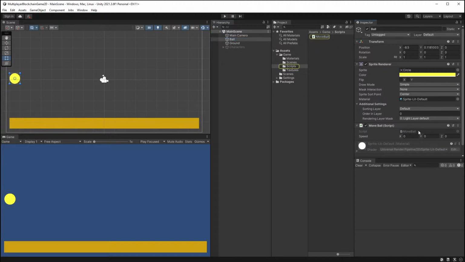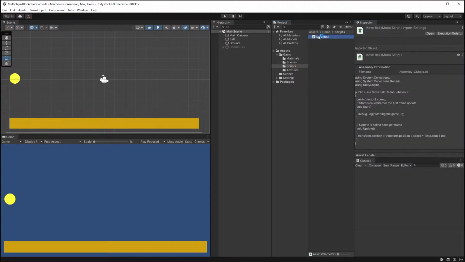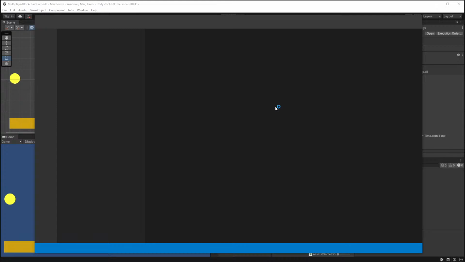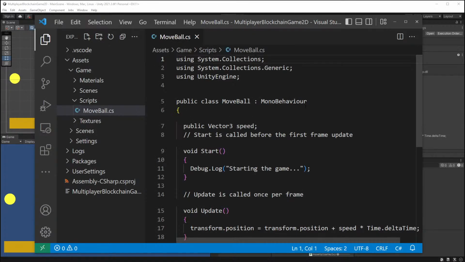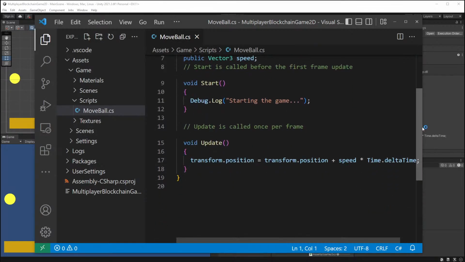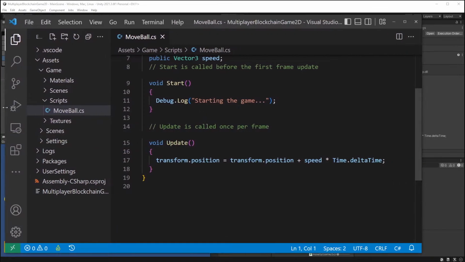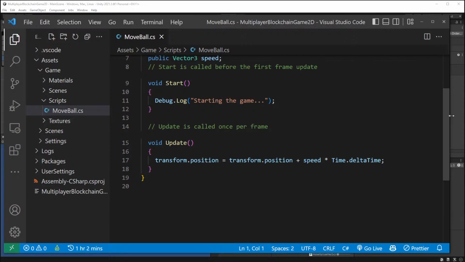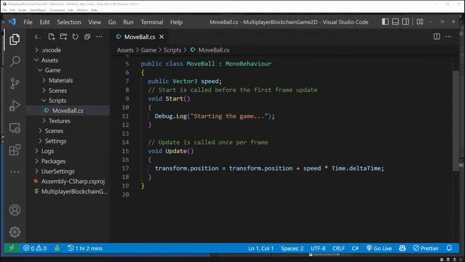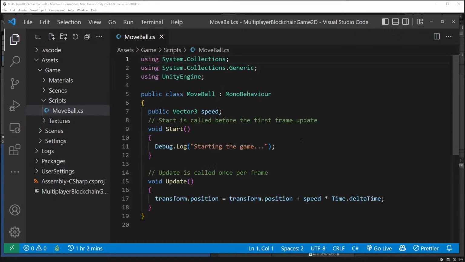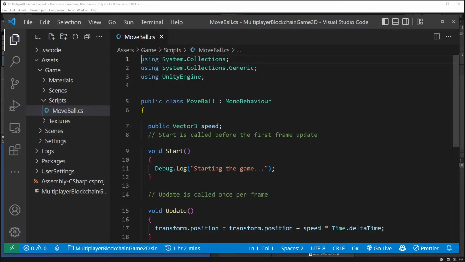Now we do have this move ball script. Let's just remind ourselves what that looks like. That was just moving the ball without taking into account any user input at all, right? So let's just make that as large as I can on this screen so you can see it. And if this is the first time you're seeing a C# script, we went over this a bit in that last session, but just to quickly go over this code,